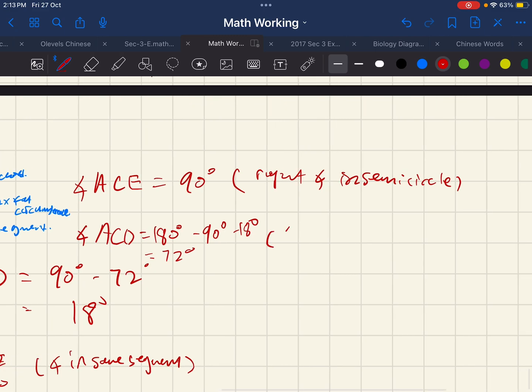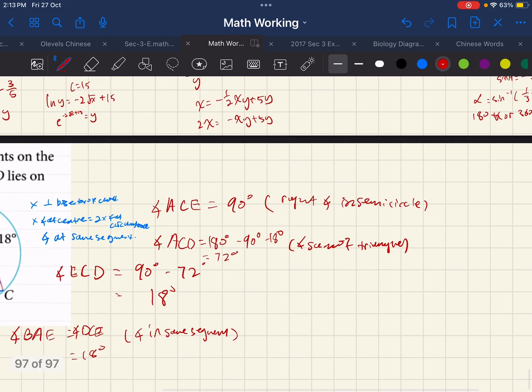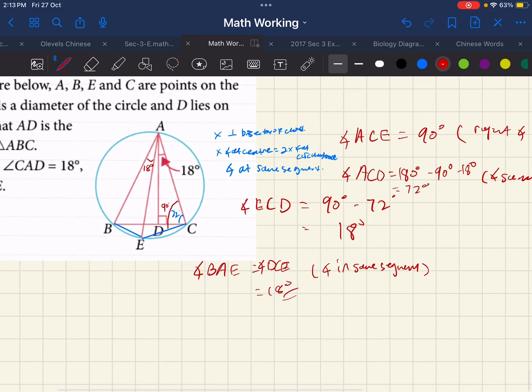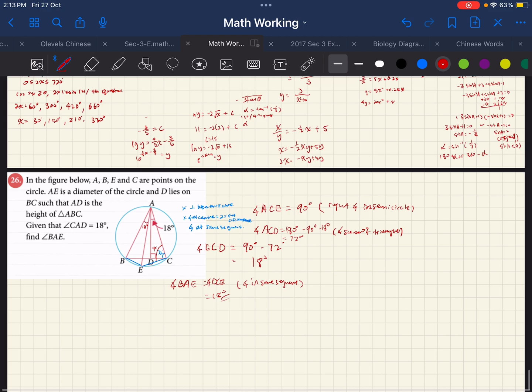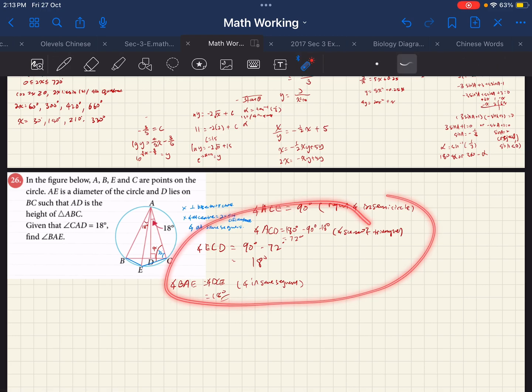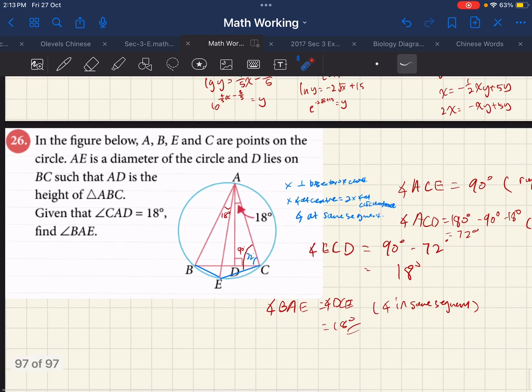Why? Angle sum of triangle. And then your answer will be 18. You might not even need to do any calculation, you also know the answer in the end is 18. But do you write 18 now? No, you have to show all of this working. But if there's a shorter way, it works. So BAE